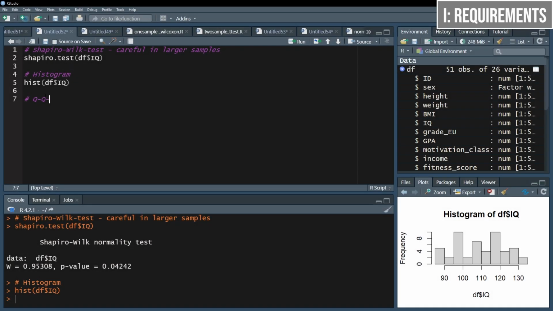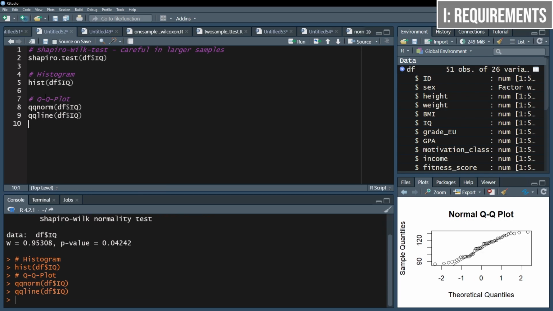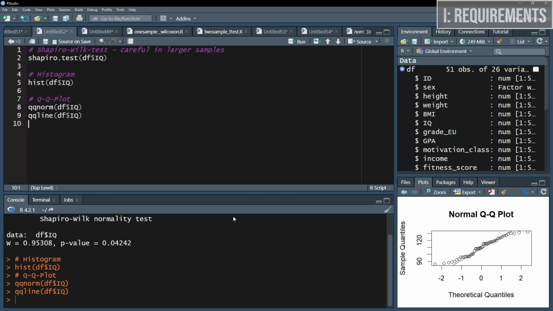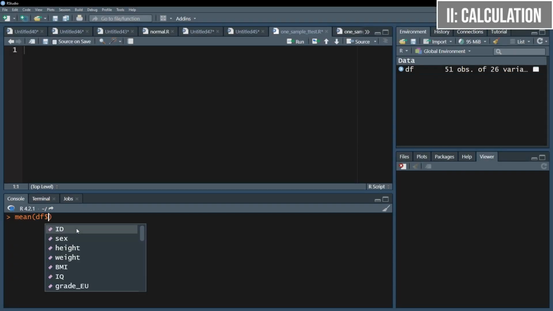Third, a QQ plot can be used. In order to plot it, you put the test variable within the qqnorm and subsequently the qqline function. The dots represent the observations and the line the perfect normal distribution. Therefore, the distances between the dots and the line should be minimized. Again, there will be acceptable deviations, especially on the edges of the distribution, meaning the upper right-hand corner and the lower left-hand corner. If you cannot observe an approximate normal distribution, you should use the one-sample Wilcoxon test instead of the one-sample t-test.